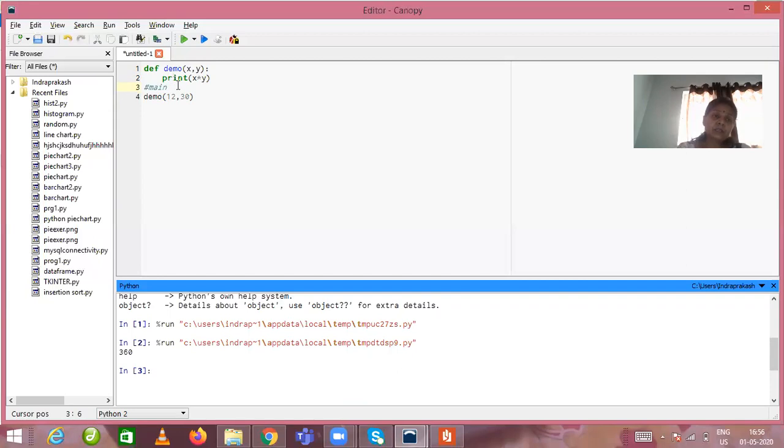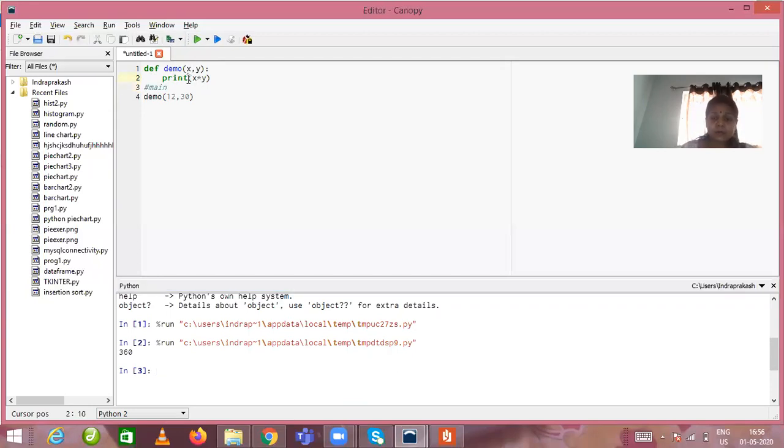So I am making some changes over here. I'm removing this print statement. I'm just using return, so this should be very clear.